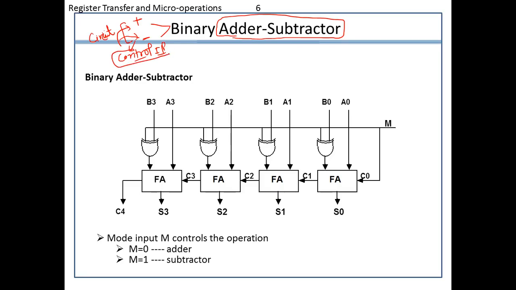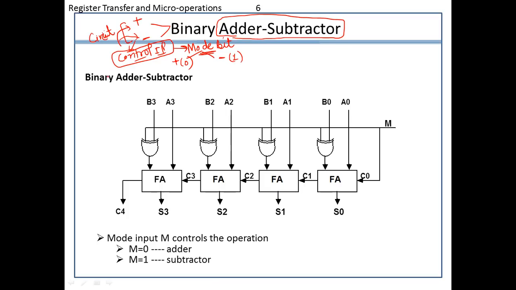So in this case of binary adder and subtractor, this control input is nothing but the mode bit. Okay, so it simply depicts under which mode you have to work, whether you want to work in addition mode or in subtraction mode. So how will it be determined? If the value of mode is equal to 0, if this mode bit has the value 0, it will perform simple addition. If it has the value 1, it will perform the subtraction, binary subtraction.